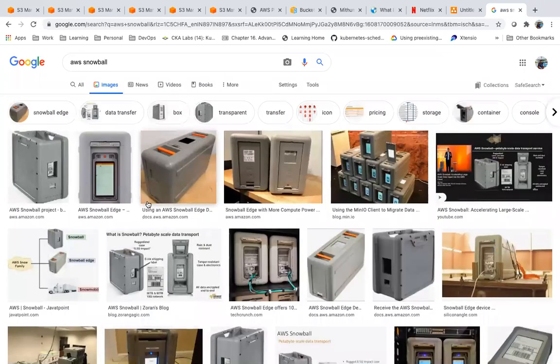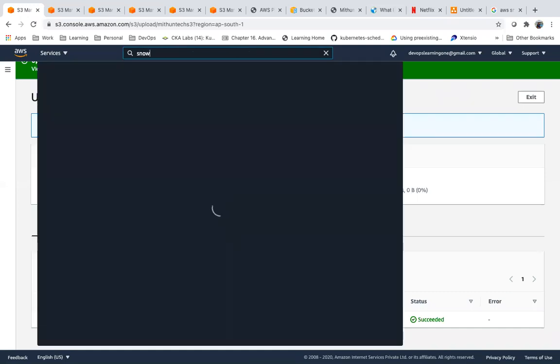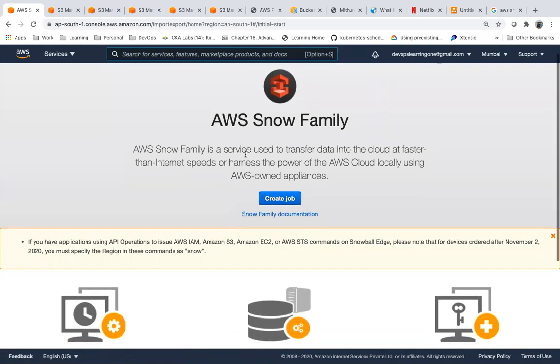So we can track each and every phase of this here, right? You have to raise a request. You need to create a job, that's Snowball, right?